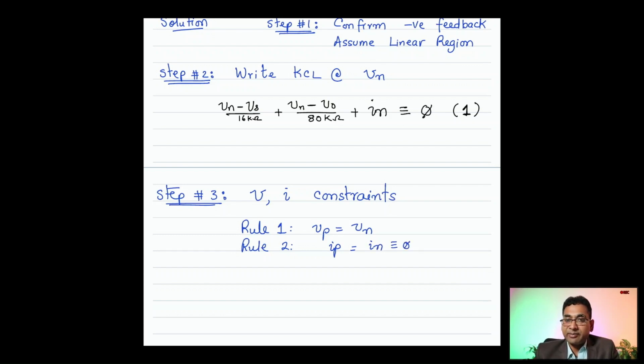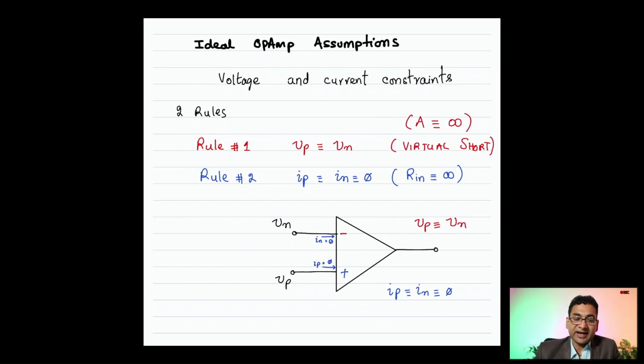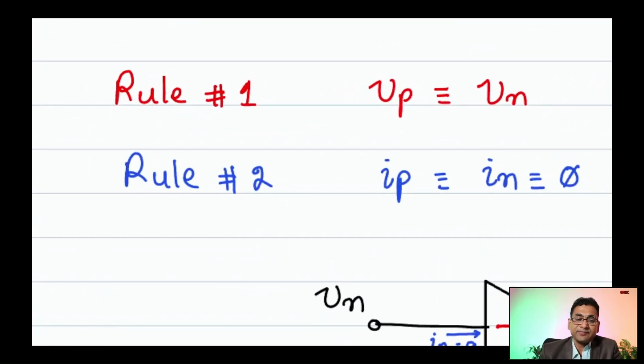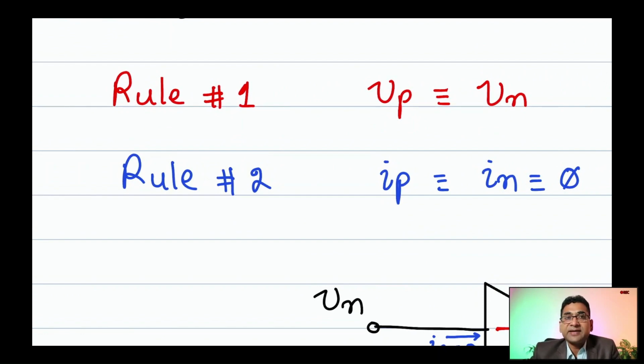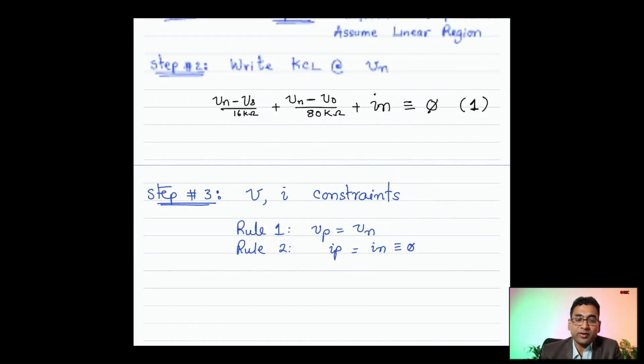Okay, you don't remember that? Go back to my notes and look at the rules that I have given, the ideal op-amp assumptions. They are also called voltage and current constraints, right? There are two rules basically. Vp equals Vn, Ip equals In equals 0. So we are going to apply those rules really quickly here. And I told you that this simplifies our analysis quite a bit, right? Let's see. So we are going back to the problem,